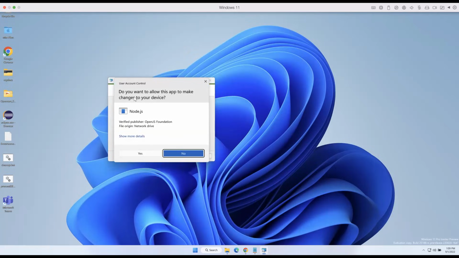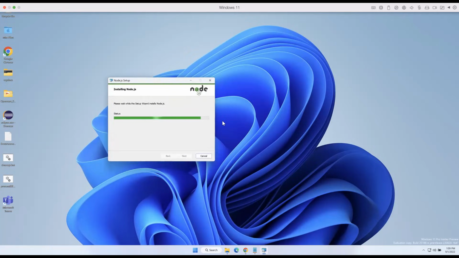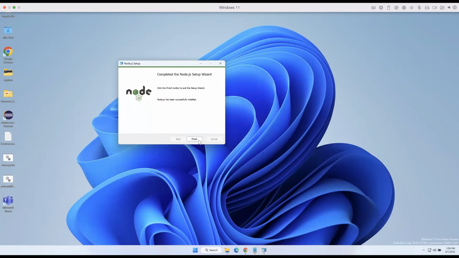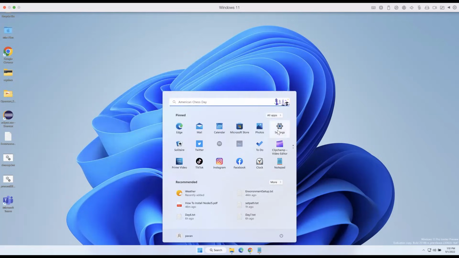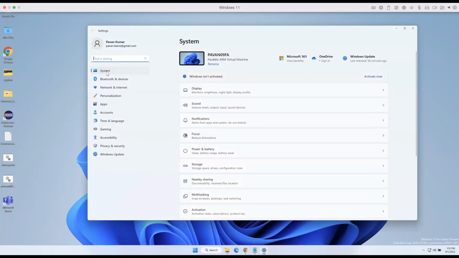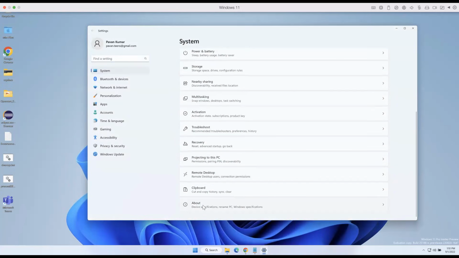It is asking, do you want to allow this app to make changes to your device? Click on yes, and then proceed further. It will take a few seconds to install Node.js, and now the installation is successfully completed. Once you click on finish, your Node.js installation is done. And once Node.js is successfully installed, you need to check whether the path is properly set in the environment variables or not. For that, you can just go to settings here, and then go to system, about, and